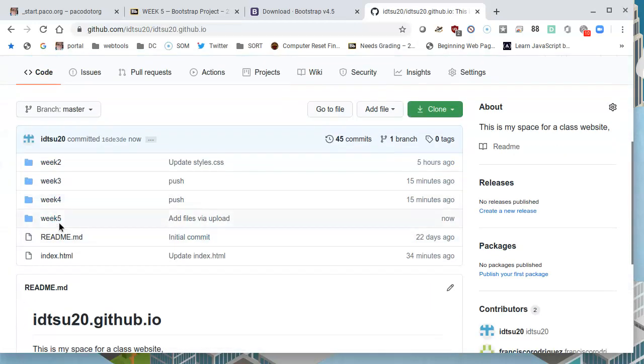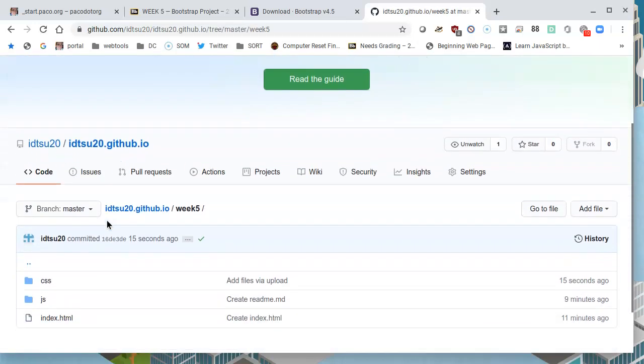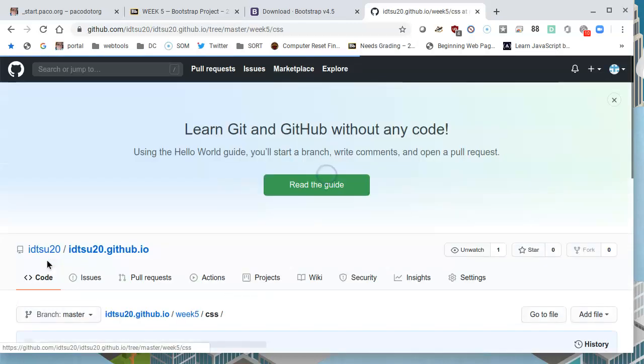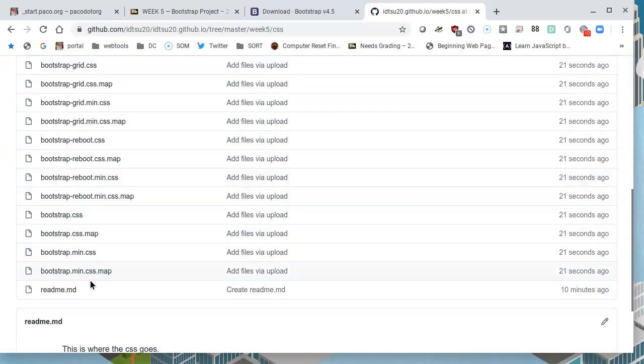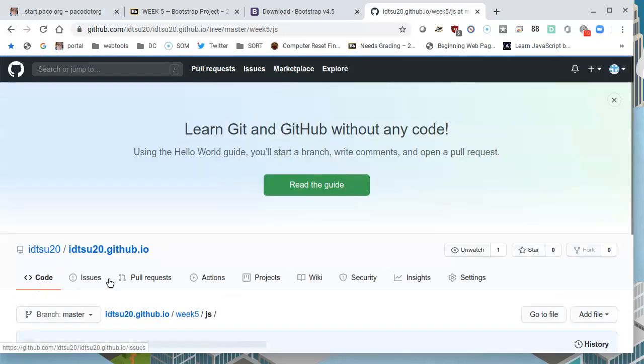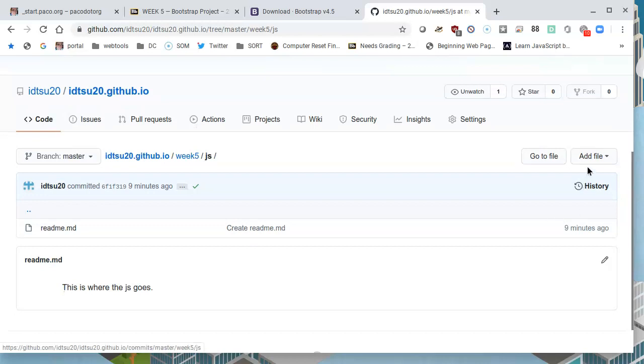Now that that's done, it shoots me all the way back to the front. So I'll go back into week 5 and then find the JS folder. If you want to confirm the CSS, make sure that the files are there. It looks like they are. I'll go into the JS file and go through the same process. I will add a file, tell it to upload files,